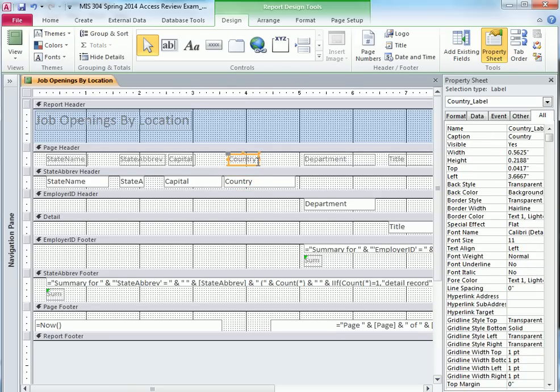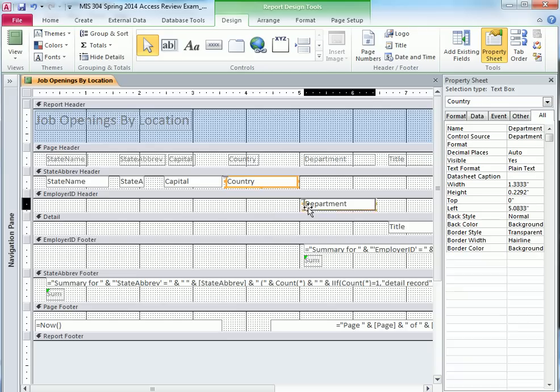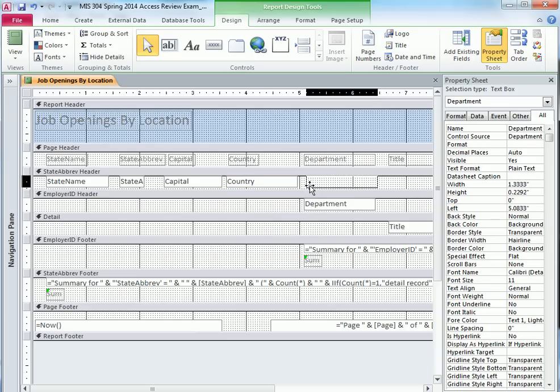Make sure they are also aligned underneath their title. And I need to put the department under the state abbreviation header. Yeah, I'm sorry, I'm gonna put the department and title